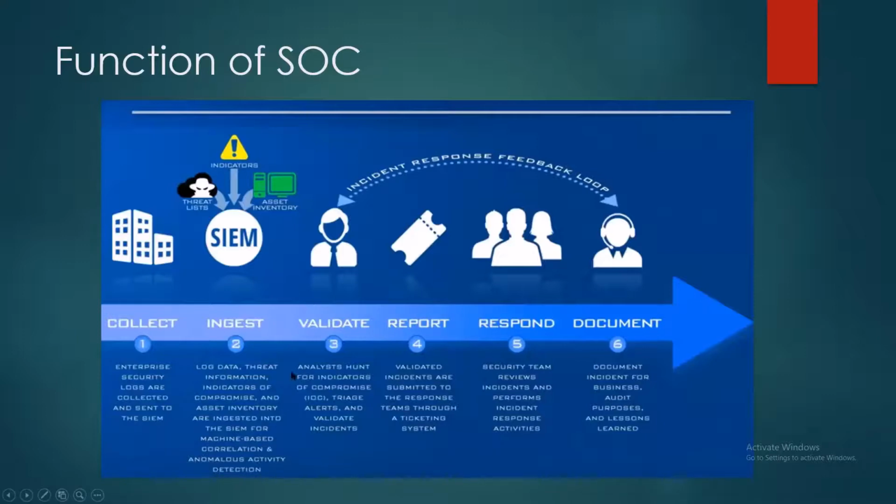The fourth step would be, if I identify bad activity happening, I'll start reporting it. Reporting it as a ticket to a different team, or to my superiors and my incident response team, asking them to take necessary actions, and then forward it to the response team, where they will perform the actual remediation, or in this case, if there is an infection on a machine, right? So this team will know, okay, this machine has got infected, let me go and remediate that.